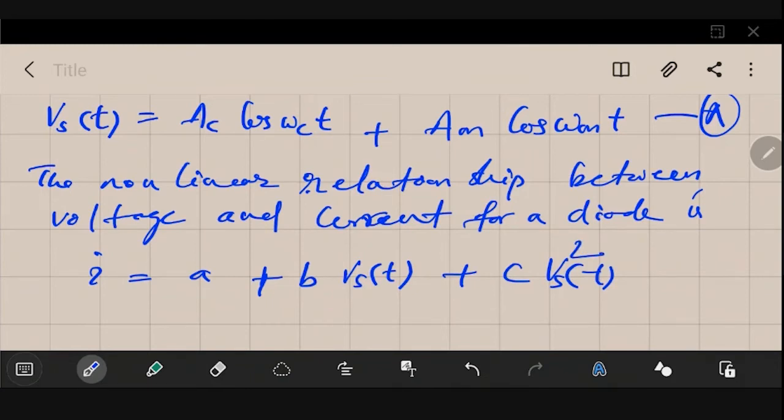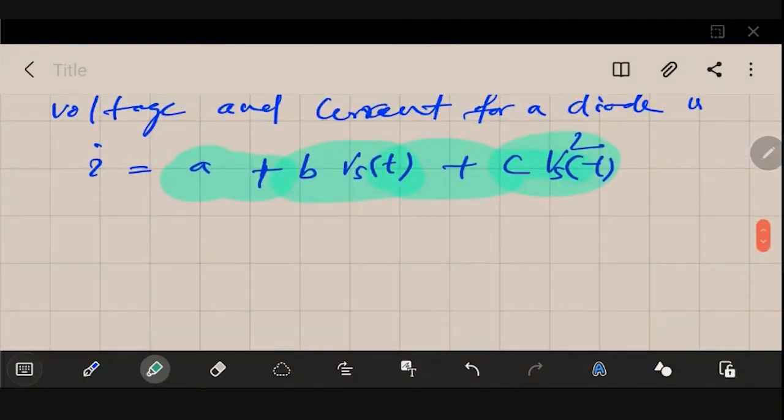Based on the operating point, you may or may not find one of these components. If you make it work at a different operating point, you may find that this term is missing, and at some other operating point, you might find that this one will not be present. So there might be different cases based on the operating point. However, we have chosen an operating point where all these components are present, and the equation looks like this.